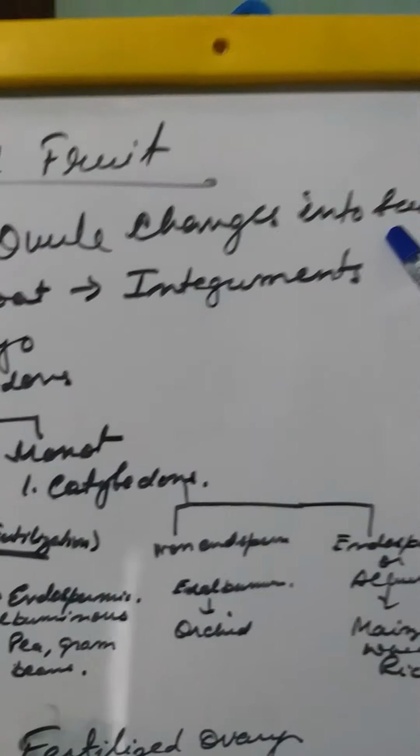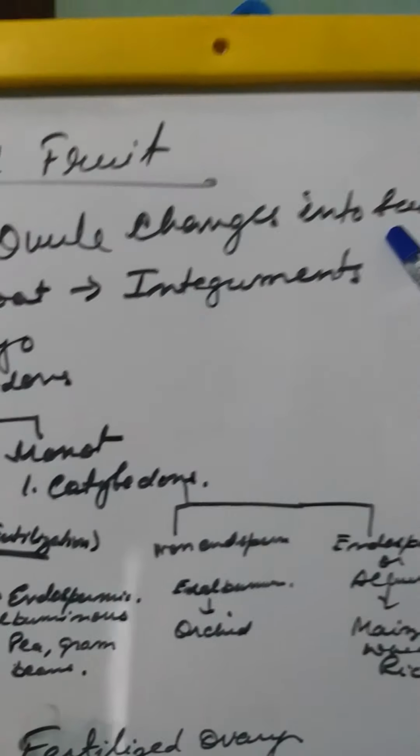Now here, cotyledons in flowering plants are divided into two types. One is dicot and another is monocot. A dicot plant has two cotyledons and a monocot has a single cotyledon. All angiosperms, especially the dicots, are characterized by double fertilization. We have already done that the polar nucleus is fertilized by the male gamete and it forms the triploid endosperm. So that is known as double fertilization.